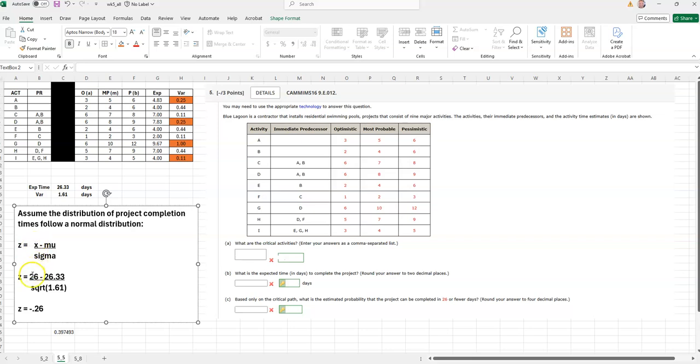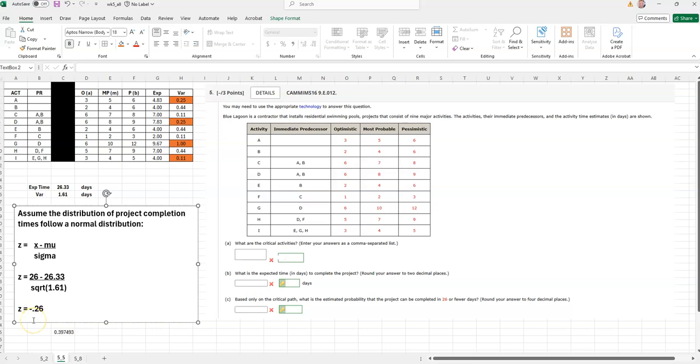So if X is 26, the mean here, mu, is essentially the expected value of 26.33 days. And then the standard deviation down here in the bottom, notice I've used the square root because what I've done is I have computed the total variance of these 4 activities. So if I take the square root of that as the denominator and I go through the calculation, the z-score